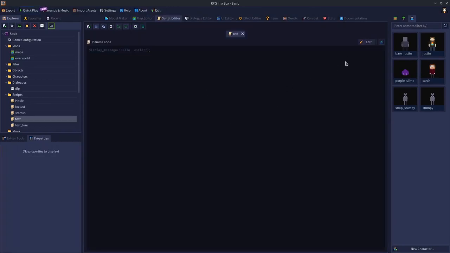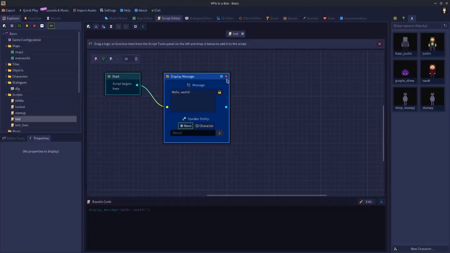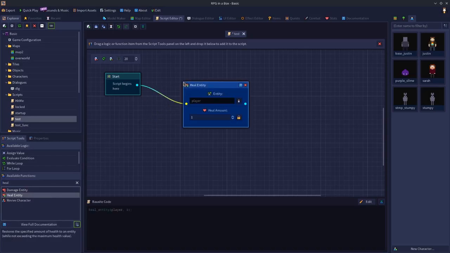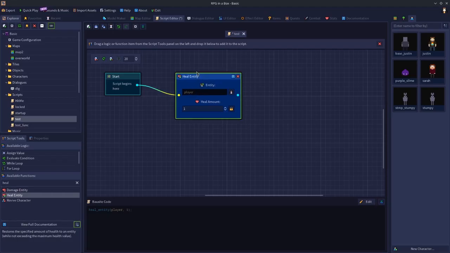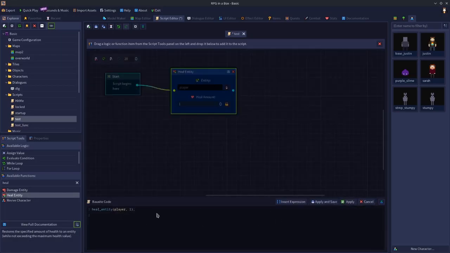Okay, so just to explain what I mean by that, if we wanted a script that only healed the player and not any other random party member, let's do it in the Visual Script Editor. If you did heal entity, instead of using this player, because if you're playing currently as party member Sarah, it's going to heal Sarah and not you. But let's say this script should always just heal the player character, not any party members. Then put into here